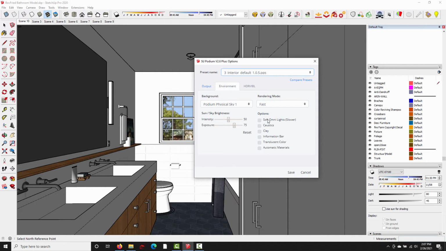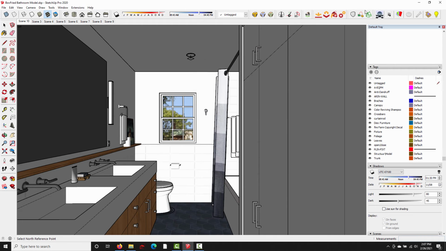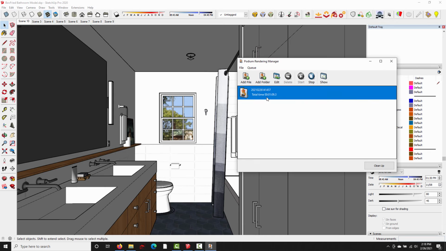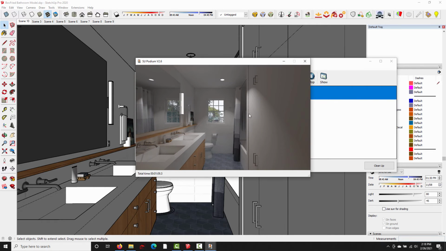I don't have soft omni checked because right now there are no omni lights in the room, but if I was using omni lights, it would be a good idea to check this because that just makes the shadows a little bit softer and more natural looking. It takes a little bit longer to render, but in my opinion, it's very much worth it. I'm going to uncheck it though because I just have spotlights right now. Save and render. All right, that test took 1 minute and 9 seconds,